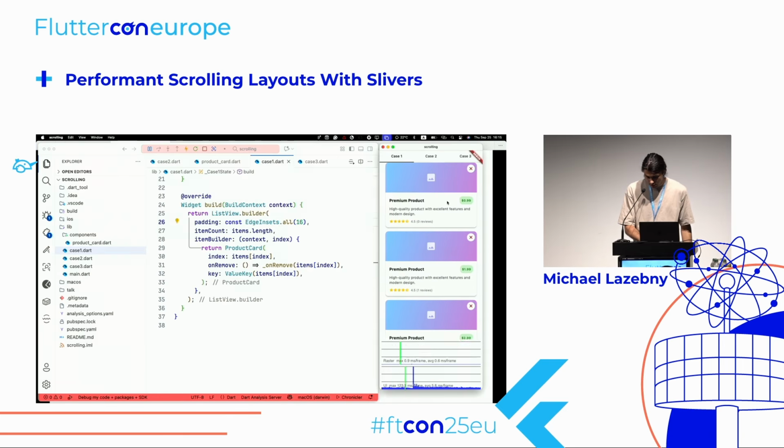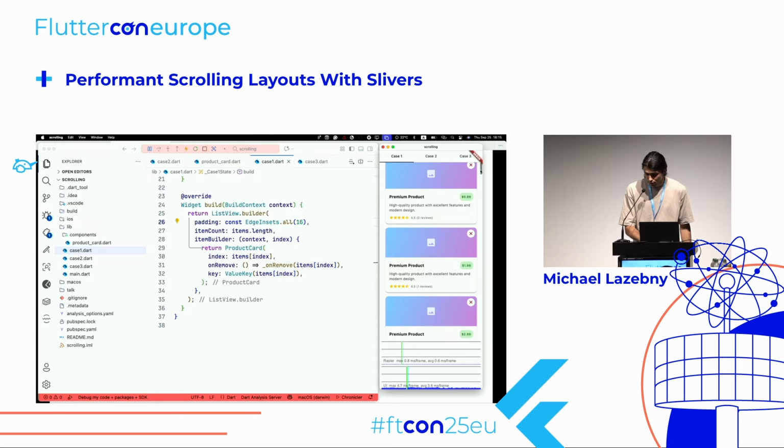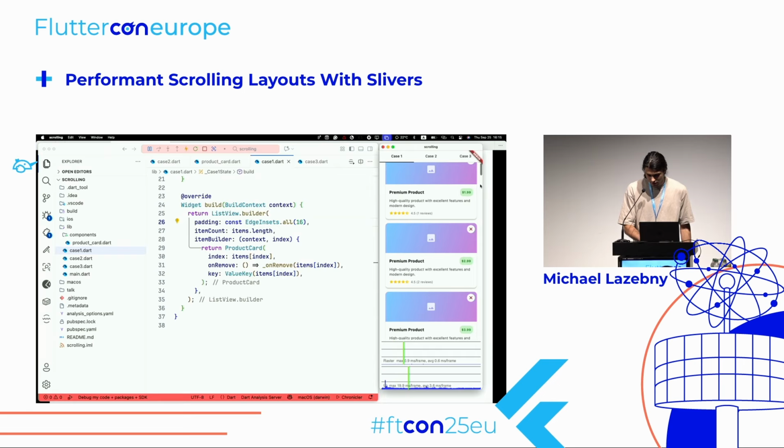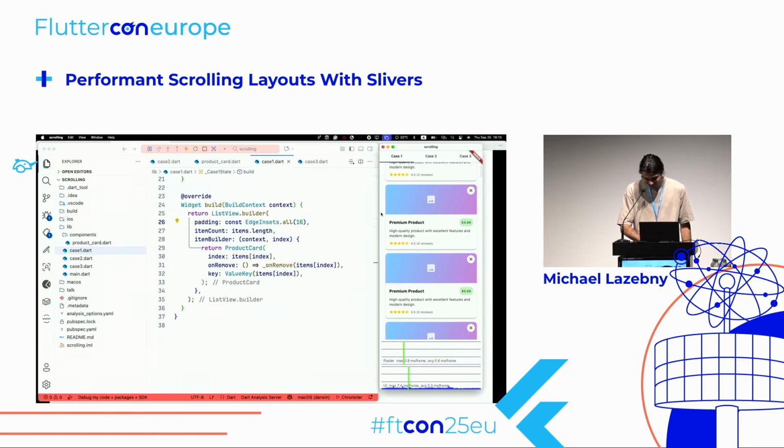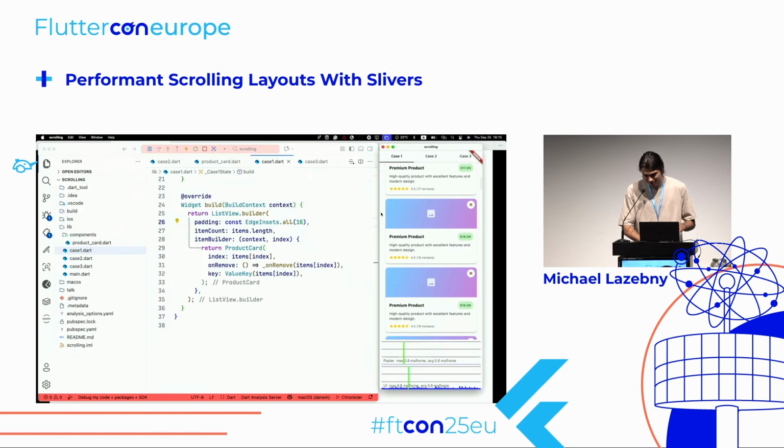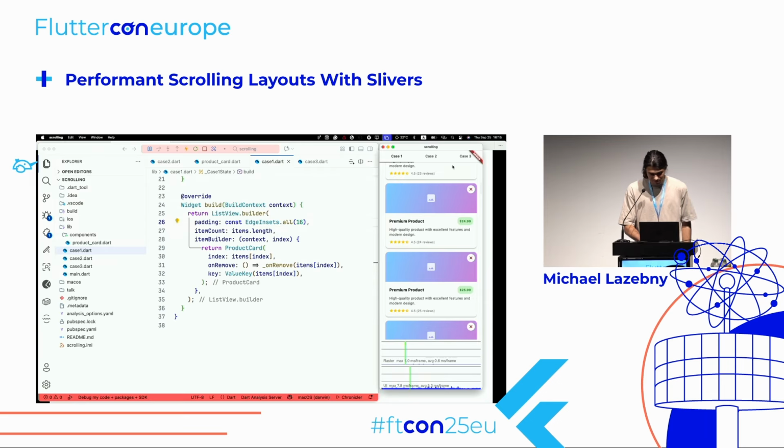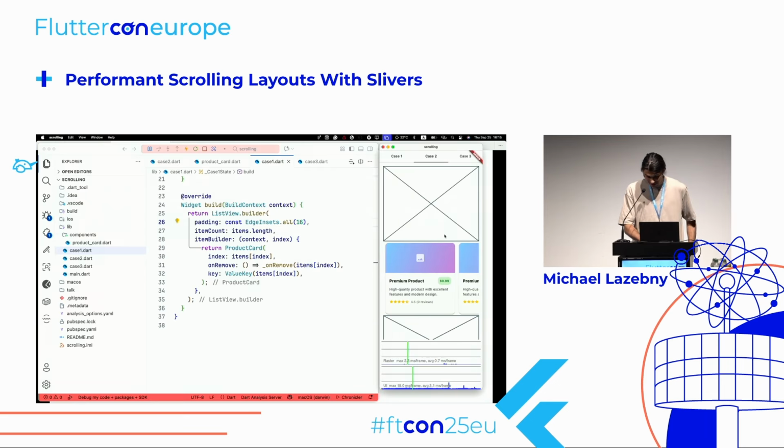And now, as you can see, the scroll bar renders here, and I can swipe here. Actually, for some reason, I cannot. Okay, there is some problem with the tab bar. So it scrolls. And we're going to the second case. And the second case,